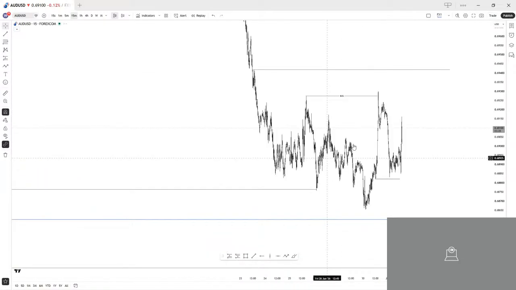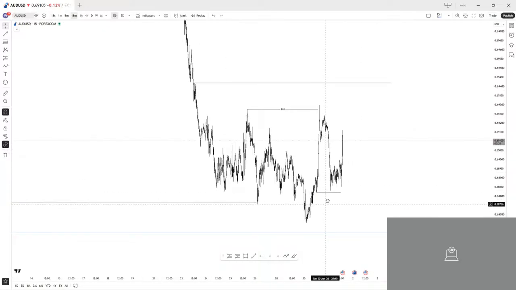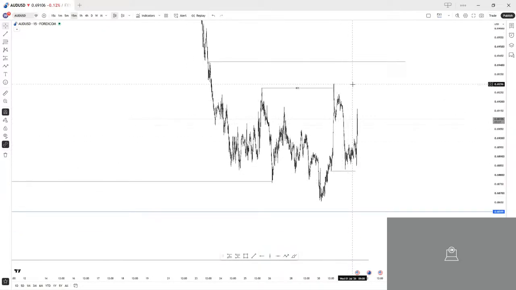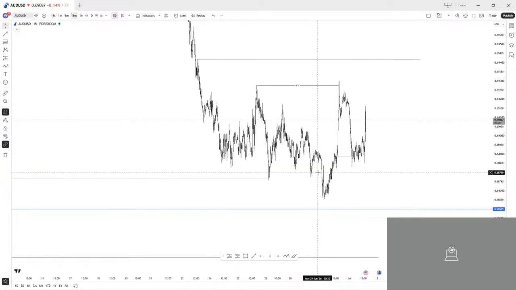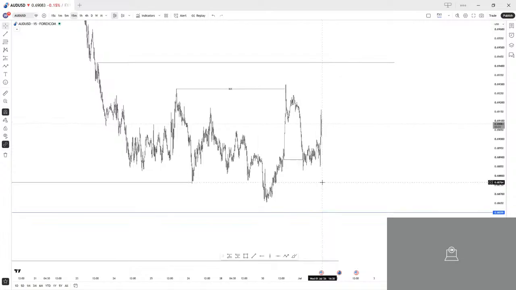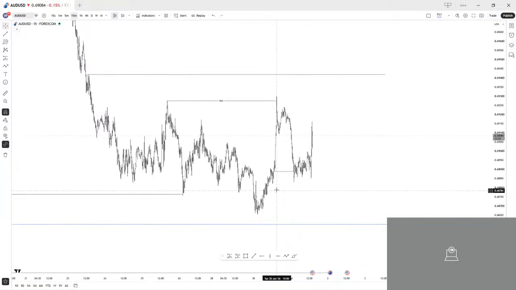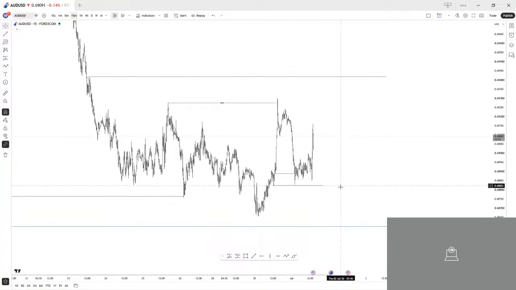AUDUSD. So the plan right now on AUDUSD, since the DXY is bearish, it's most likely that AUDUSD is going to be bullish. Probably see price head to the highs maybe. But if I analyze price action, I can see we have liquidity at this low that has been built from this sell-off